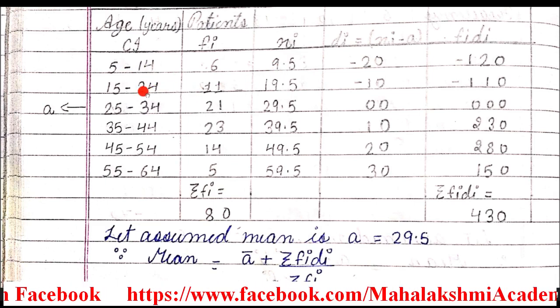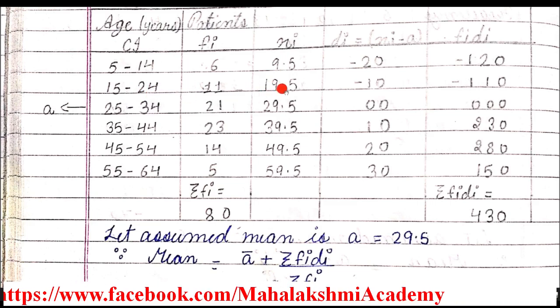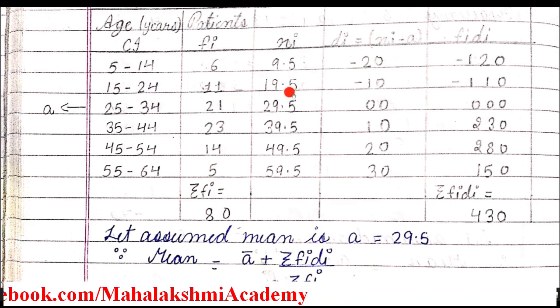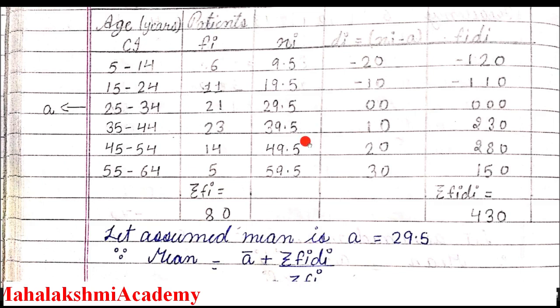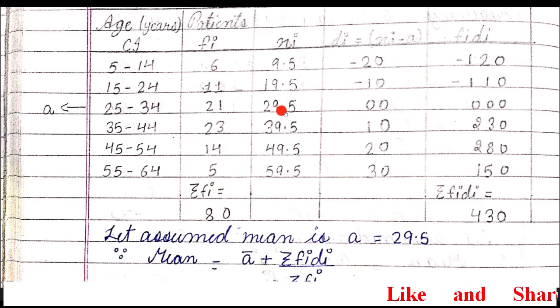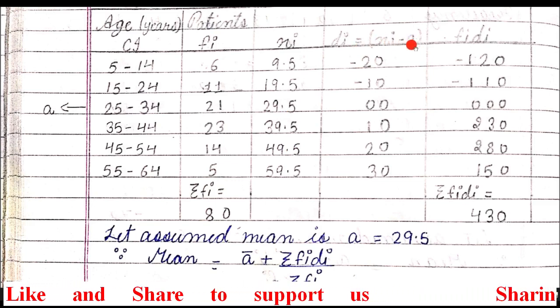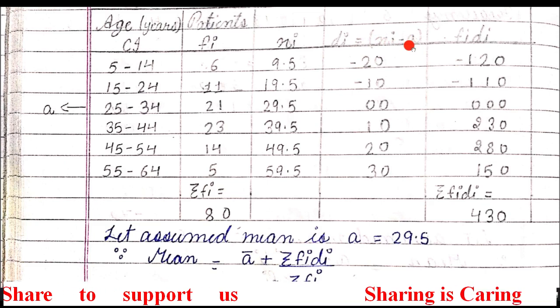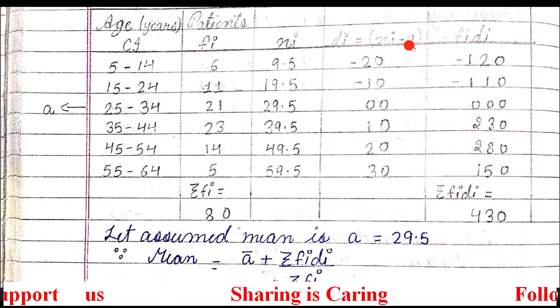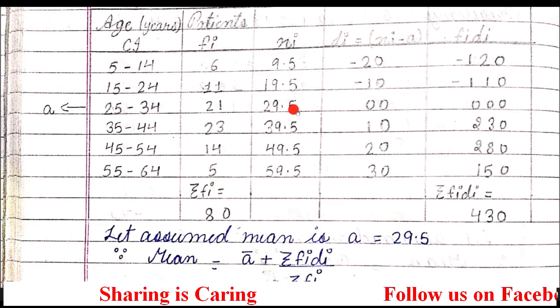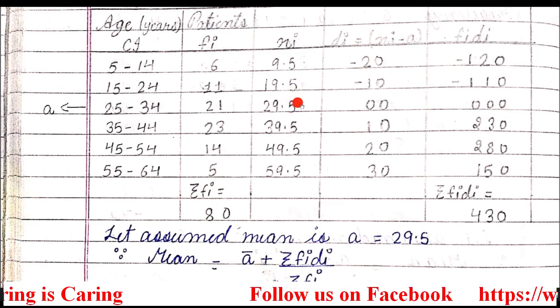In the same way, 24 plus 25 upon 2 will give you 19.5. Like this, just enter all the data after doing the calculation of the particular class interval and write the data in the Xi column. Now Di is for the deviation. The formula of deviation is Xi minus A. A is representing the assumed mean, that we have to assume from the Xi column. We will take any data from the middle.